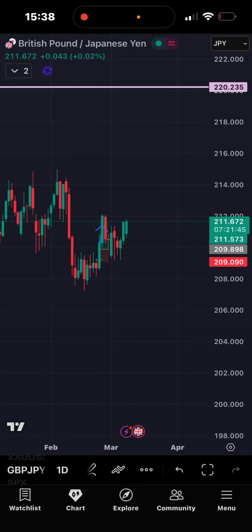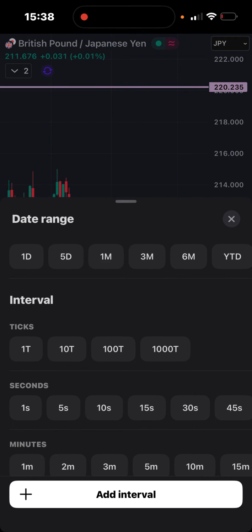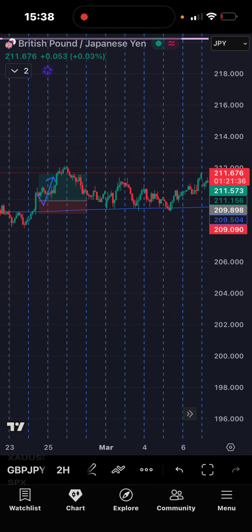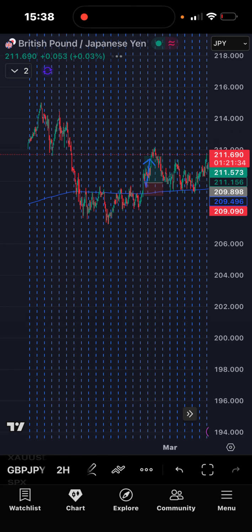Let me do a trade breakdown of this GBPJPY trade that I took last week. So let's get into it. First things first, let's go to the 2 hour and let me just explain to you what was going through my head. As you can see on the 2 hour, the market just came from